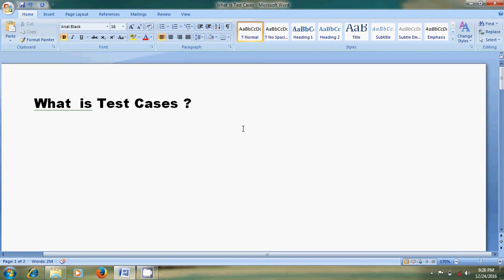What is test cases? Friends, it basically explains how to test. It means that if somebody asks you what is test cases, then the first thing that must come to your mind is how to test. So if you talk about the definition, it says that a test case is a set of conditions under which a tester will determine if a requirement upon an application is fully satisfied or partially satisfied.